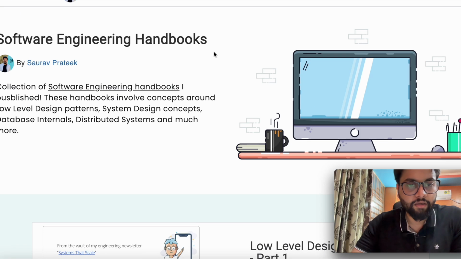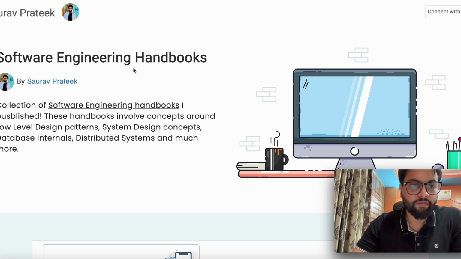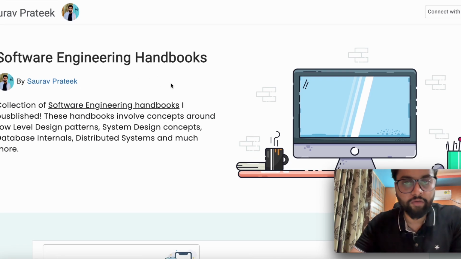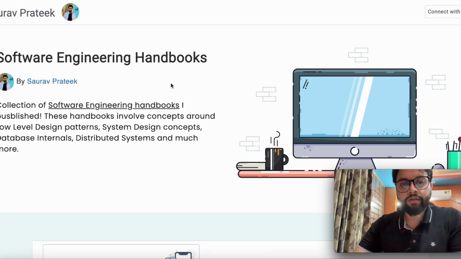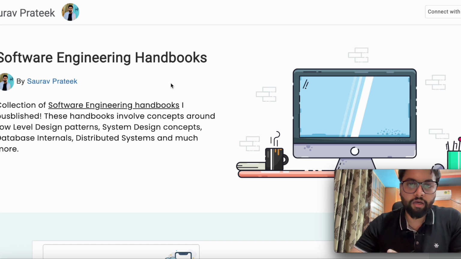So when you come here, you basically find this intro software engineering handbook. It's basically the collection of all the software engineering handbooks which I have published. So to give you a brief introduction, what are these? These are basically handbooks. You can expect these to be 30 to 50 page handbooks, which will be covering a particular topic or a collection of topics. That can be around distributed systems, system design, low-level design, and related software engineering and data